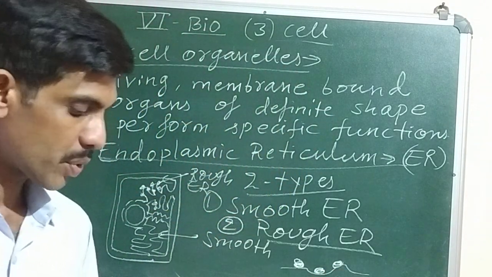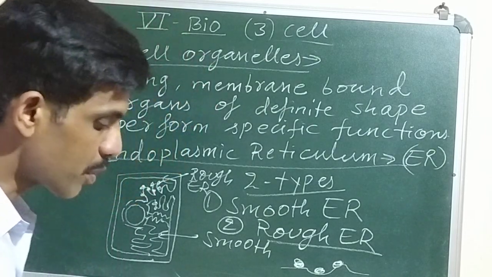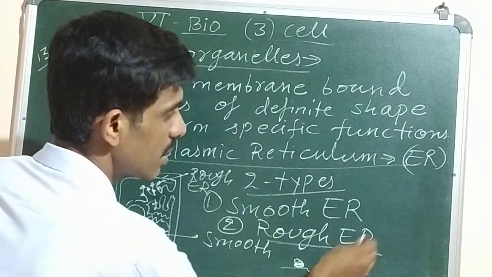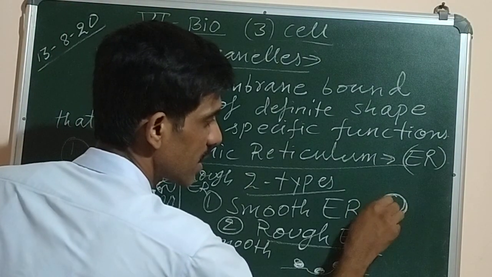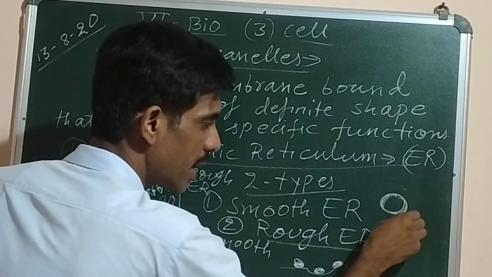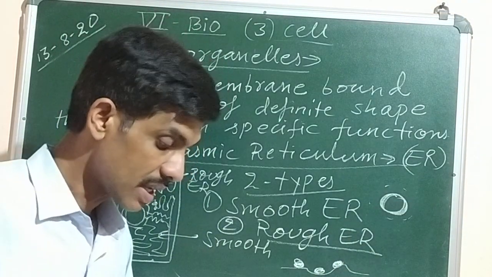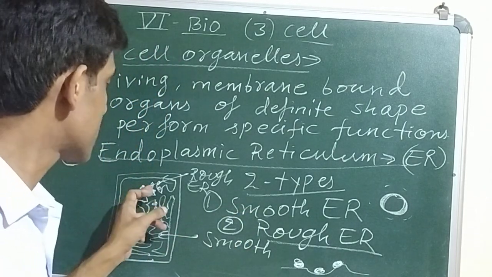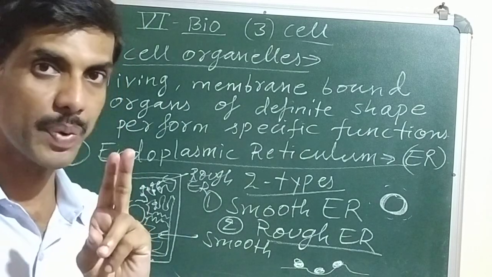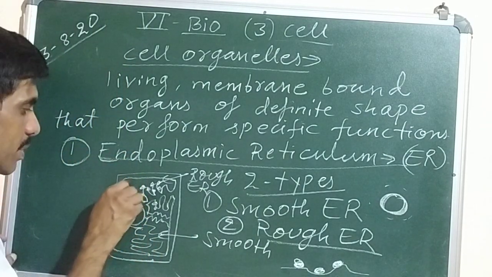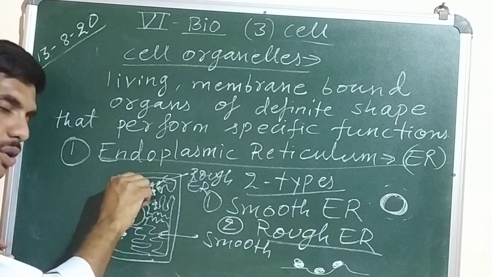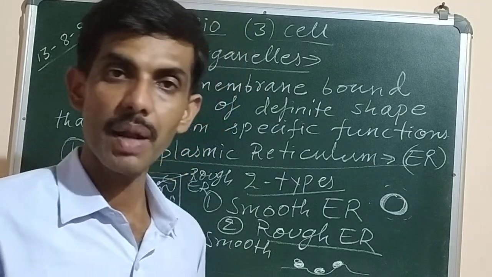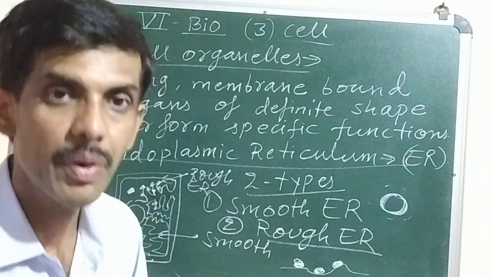Okay. Then next we have to study is ribosomes. Ribosomes are small granular structures without a membrane. They are small spherical granular structures. They have no membrane around them. Where are they present? They are found freely in the cytoplasm or on the surface of endoplasmic reticulum. In two places they will remain. And ribosomes take part in the synthesis of proteins.